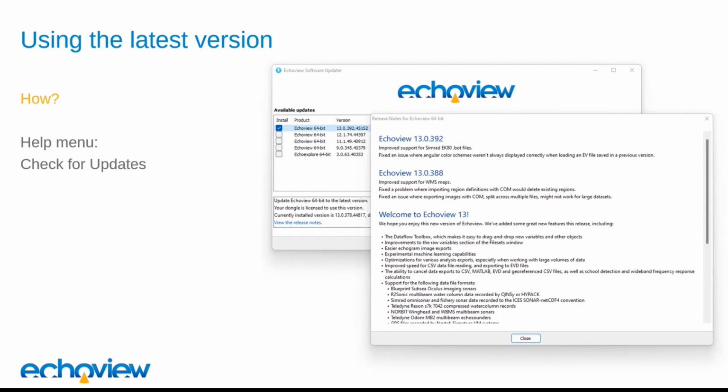To get the latest version, download it from our website or use the help menu option to check for updates. What you will see only through the check for updates option is the ability to view release notes. In this screenshot I've captured here, I had not yet installed the latest version of Ecoview 13. If I click view the release notes, we can see since the initial release, the 2 updates that we've included and what's been fixed in each of those. So always worth having a look to see what's changed more recently since you last downloaded Ecoview 13 and installing any updates that are available, especially if those fixes are relevant to the work that you're doing.